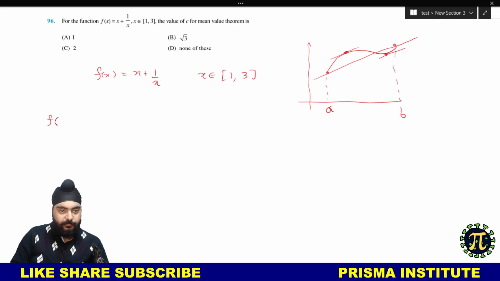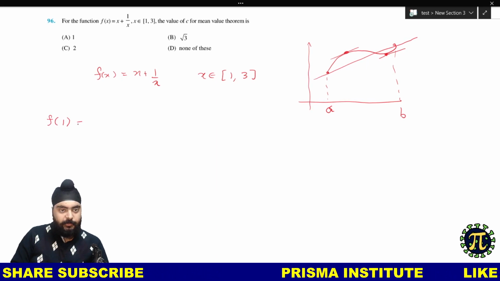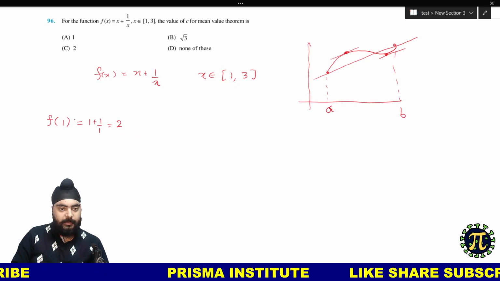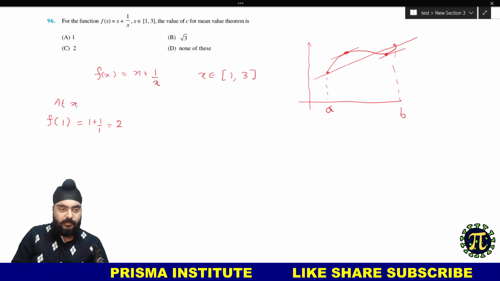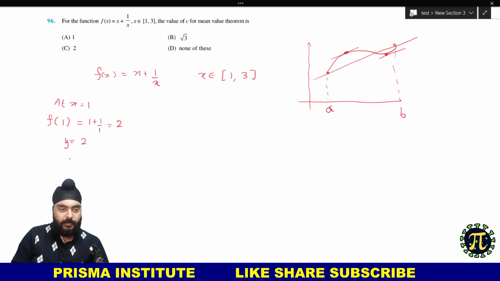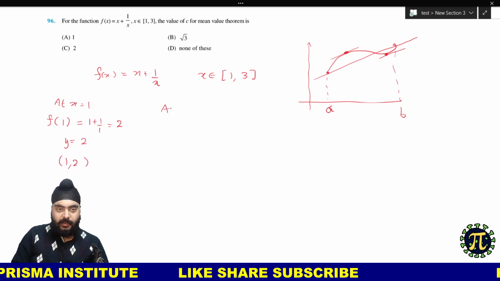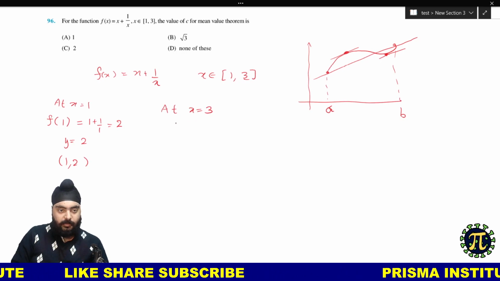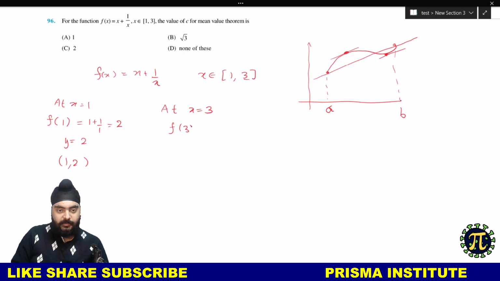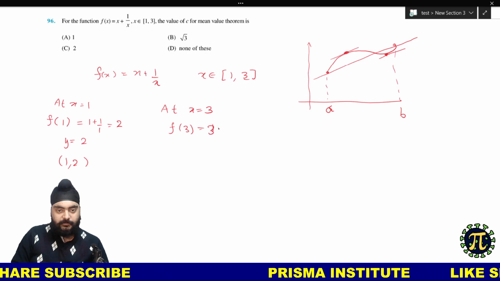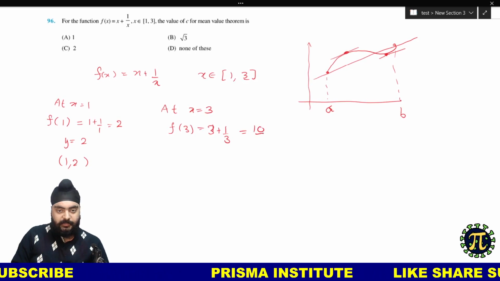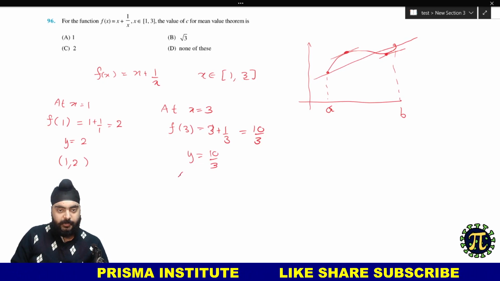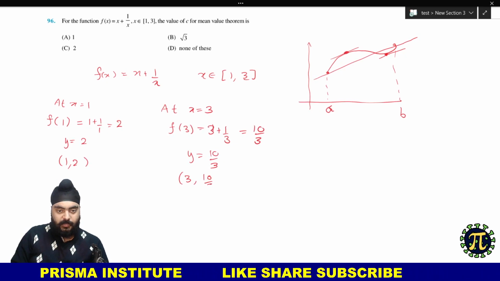हम क्या करते हैं, f of 1 पे फंक्शन की वैल्यू निकाल लेते हैं. f of 1 is 1 plus 1 by 1 which is 2, and so हमें एक पॉइंट मिल गया. So at x is equal to 1, right? ठीक है, we find y की वैल्यू कितनी आ रही है, 2, so हमारा पॉइंट हो गया (1, 2). And similarly, I'm doing at x is equal to 3 now. f of 3 कितना आ रहा है, 3 plus 1 by 3 which is 10 by 3. Okay, so y की वैल्यू कितनी होगी, 10 by 3. So पॉइंट क्या हो गया, (3, 10 by 3). So line joining